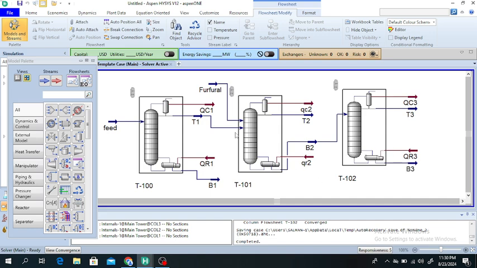So this is the extractive distillation problem, of how we can separate a minimum boiling point azeotrope mixture of ethyl acetate and ethanol with the help of furfural and